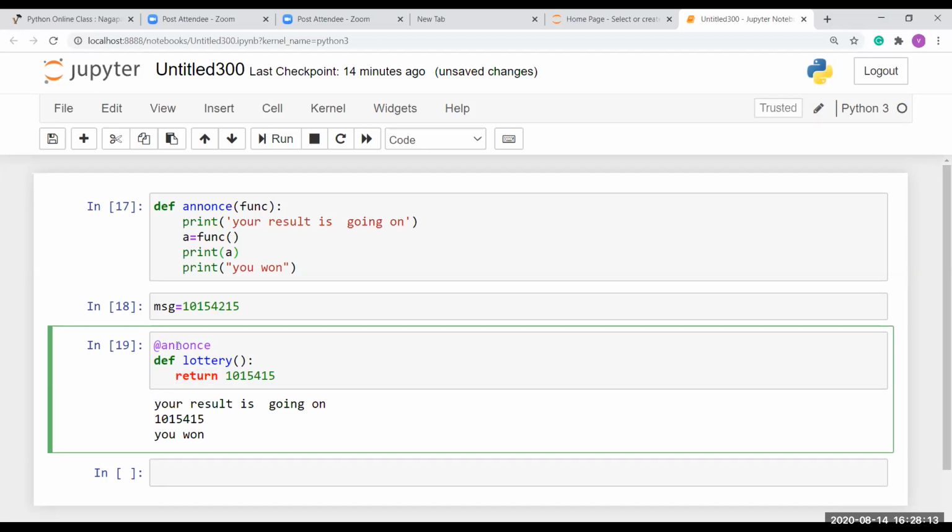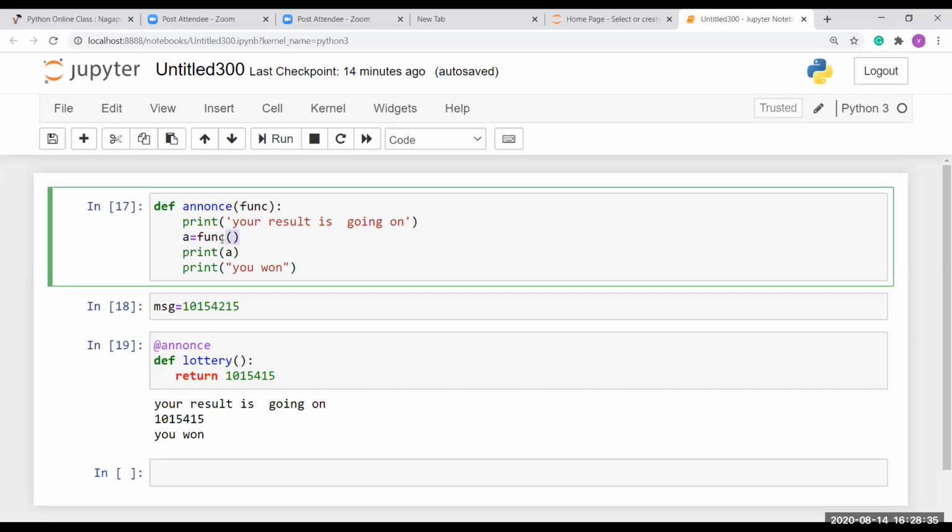So this is your decorator, and here we are using the at symbol to call this function. Okay, so the at symbol takes a lottery name and passes it into here. Okay, so it passes into the parameter of the announce function.